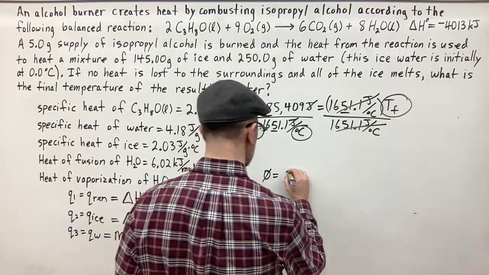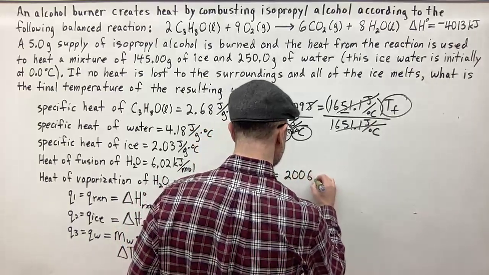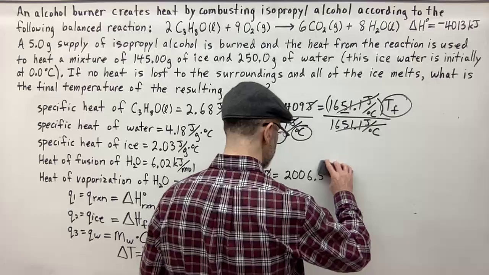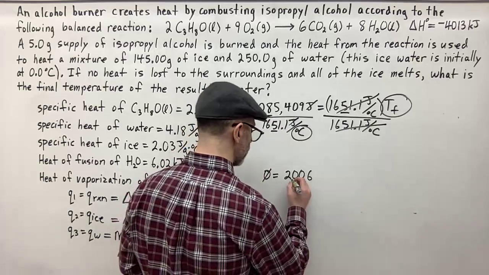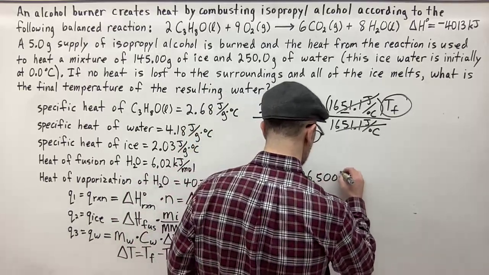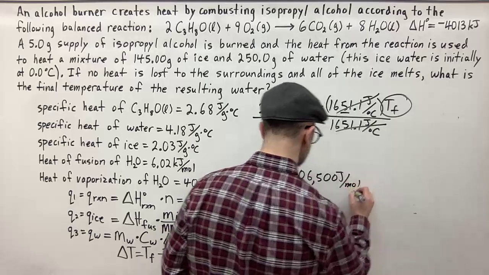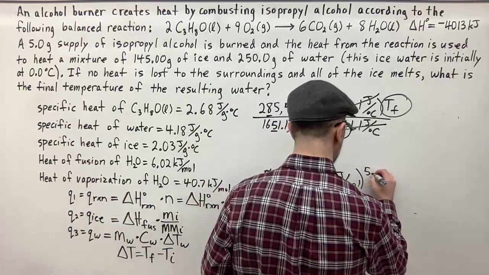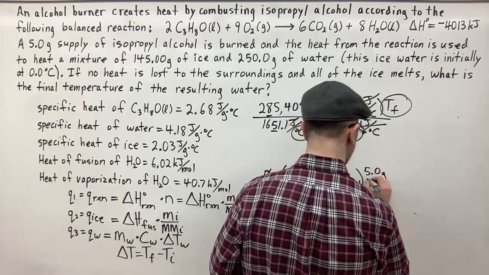That's going to be the new 2006.5, or we want it in joules, so that's going to be 2,006,500 joules per mole. And then that was multiplied by the mass of the propanol, which was 5 grams over